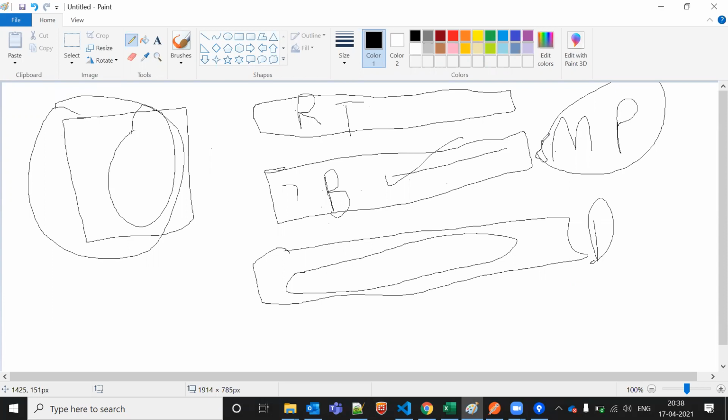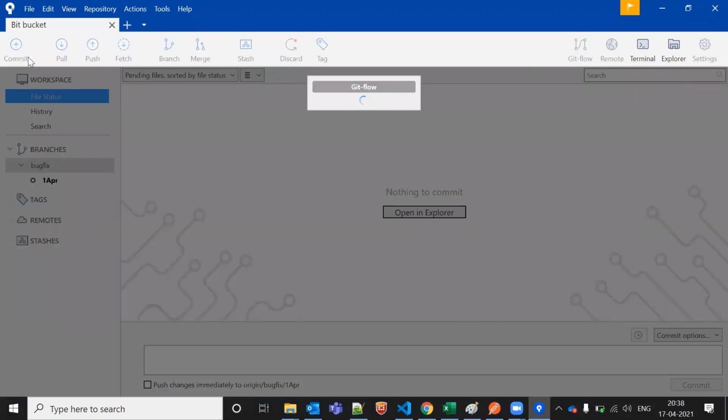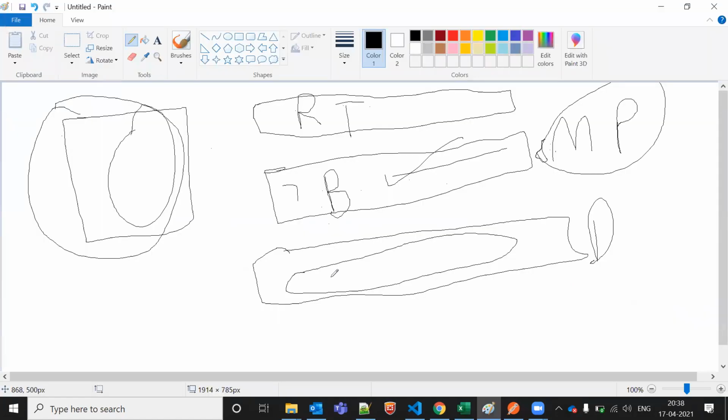If I go there, you might see some GitHub as well in the branches. This is a Git flow. Both are integrated, but how it is integrated, I don't know.